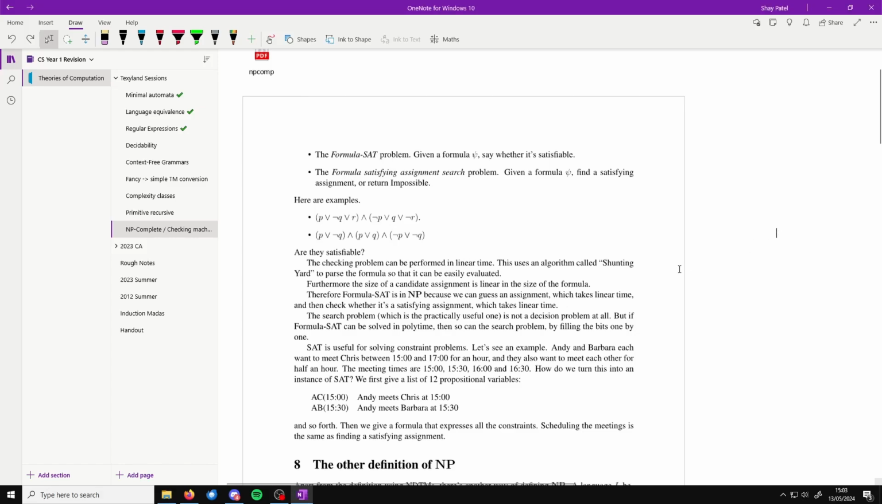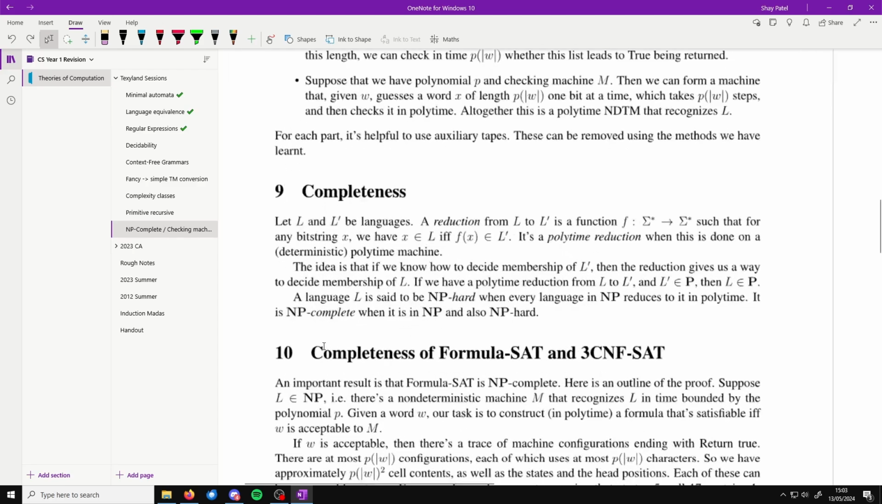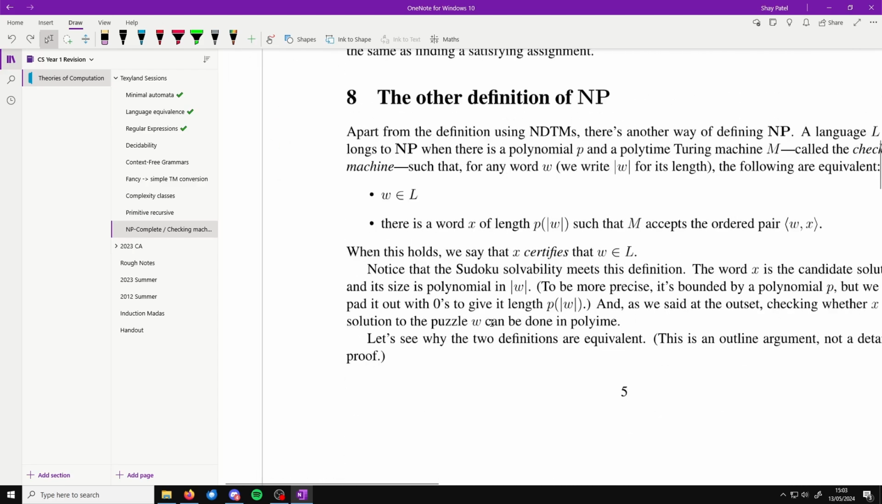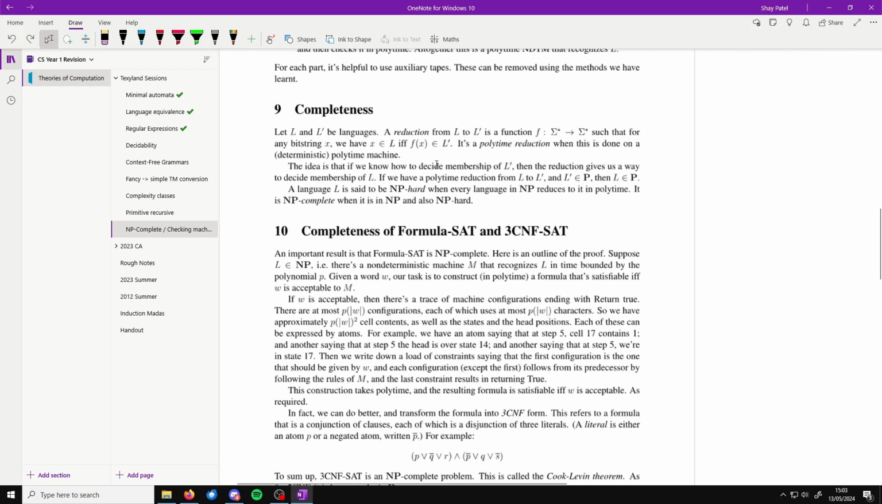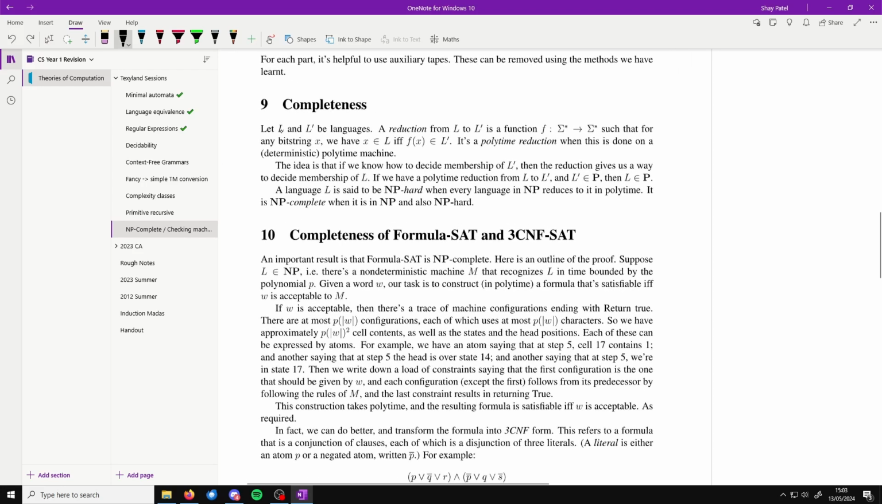Okay, so in terms of NP hard and NP complete definitions, I just wanted to go over that. So, in terms of completeness of a language, if we have two languages, L and L prime,